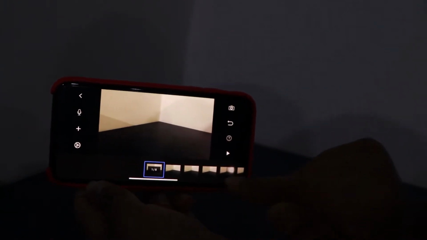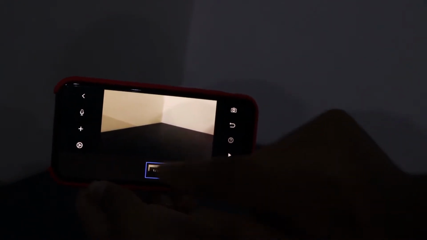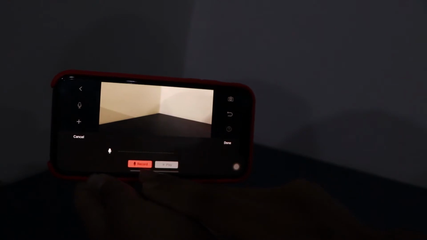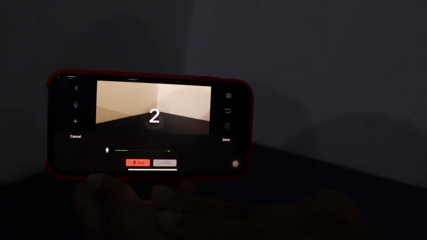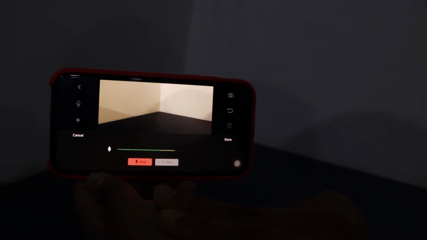As you can see, there's no motion because we have only one image in the same angle, so you can't see any motion. And then you have an option to add a voice. You can record the audio from here. So yes, the audio has been recorded, and just stop.